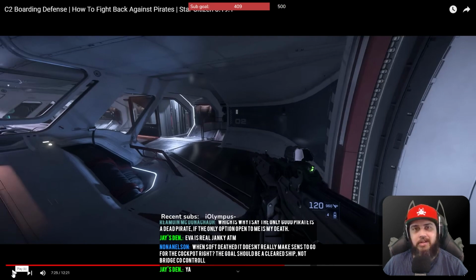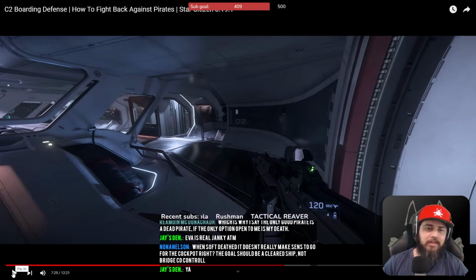Then clear it visually, yep, there's no one there. Go back, sweep down one side, then sweep down the other. That way you make sure you get everything. It's good practice to do it that way anyway, because if you are using distortion to disable a ship, your